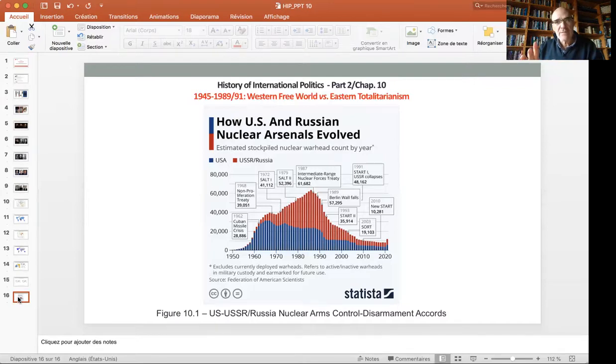I repeat, respect for human rights and fundamental freedoms, including the freedom of speech, of thought, of conscience, of religion, of belief. That is to say, the various Eastern European countries, the so-called popular democracies from Eastern Germany to the USSR, accepted to sign a declaration where they committed themselves to protect human rights.